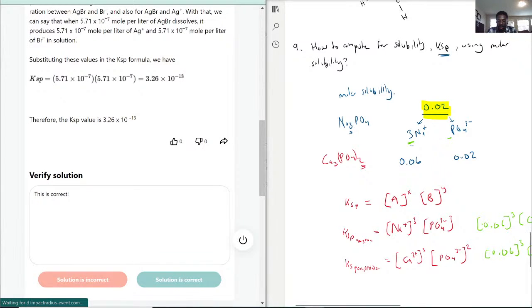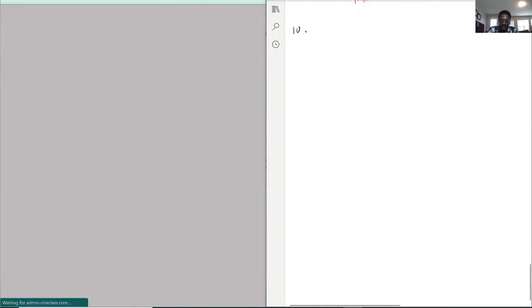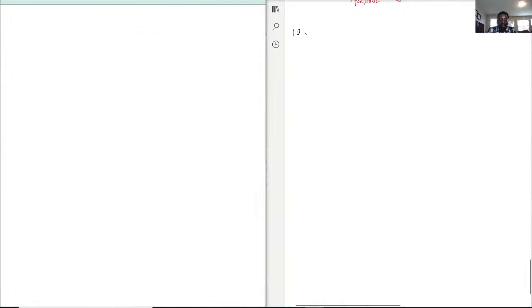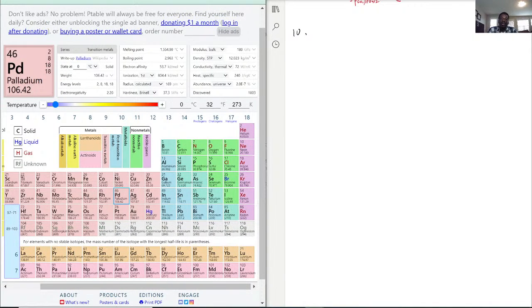Okay. And now let's move on to question 10. Now, with that being said, how many valence electrons does Krypton have if its electron configuration is that? So Krypton, let's look at it real quick. Periodic table. Surprisingly, it actually follows the same rules when you want to do it from the previous noble gas. So the question is asking how many valence electrons